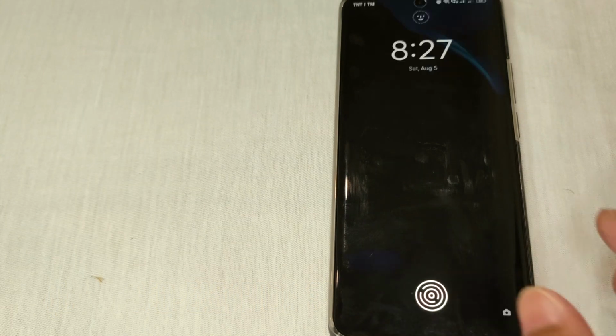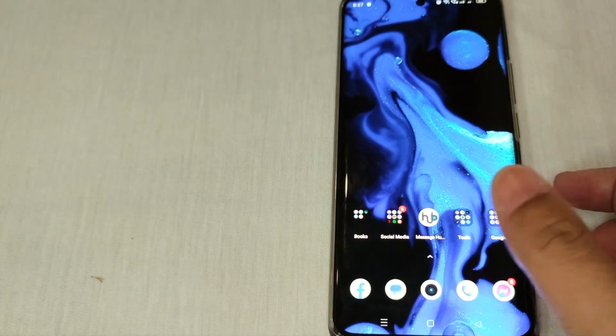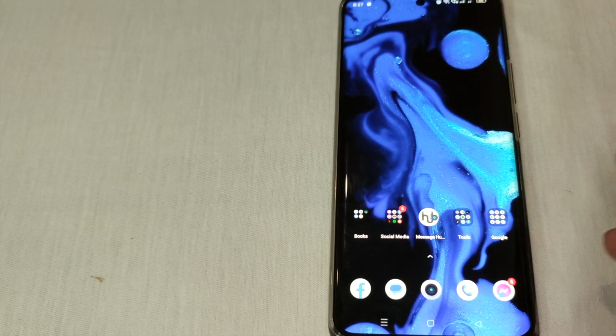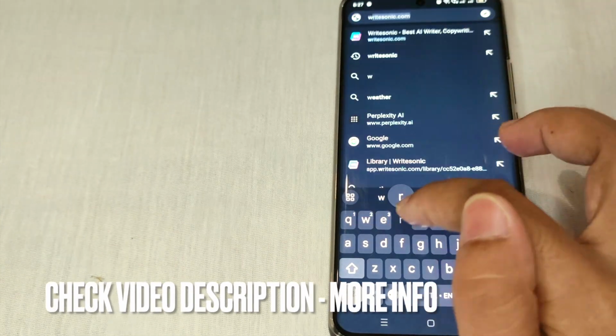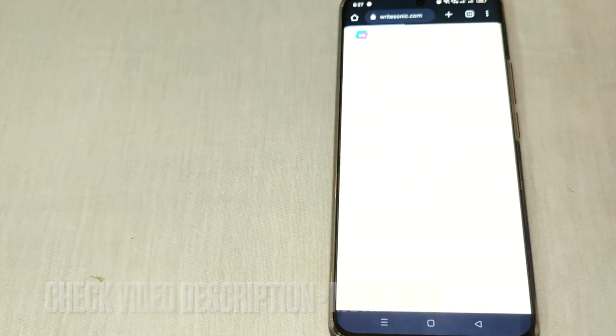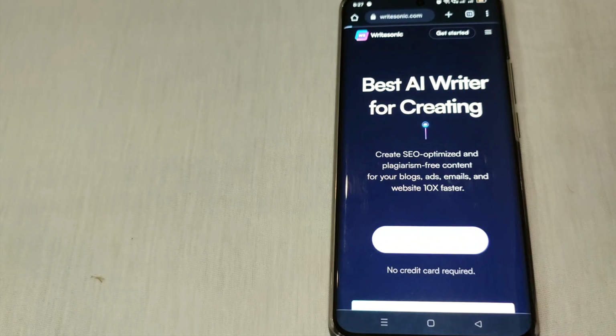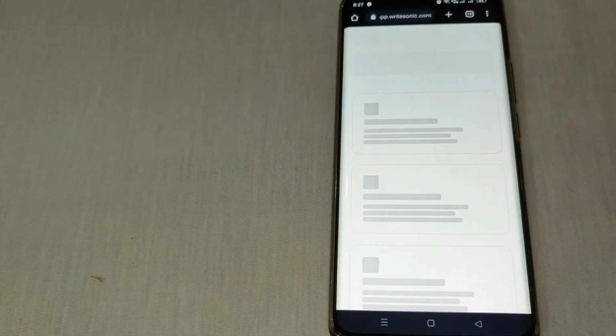First is, open WriteSonic AI and log into your account. So let's type WriteSonic.com and then let's sign in. And now once you are in the dashboard, the next thing you need to do, this is step 2,